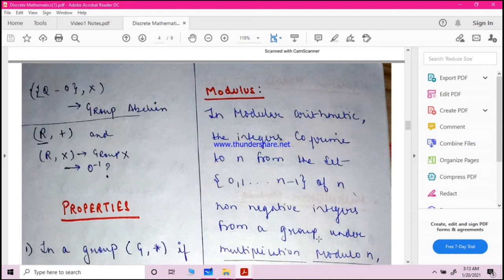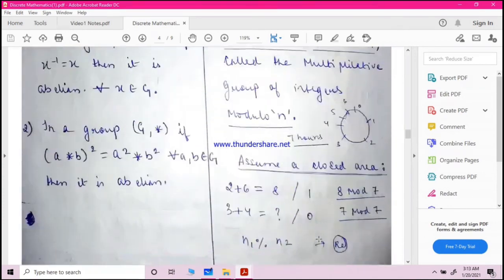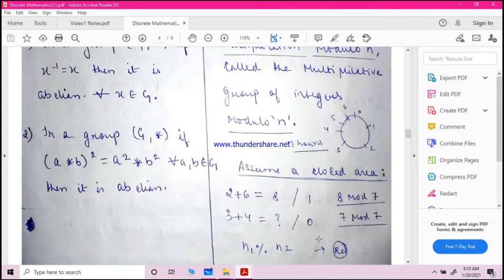Assume there is a closed area. Suppose you are having a closed area. Why we calculate the modulus, that is what we are trying to prove here. Suppose I am having a 7-hour clock. Assume a closed area, or a bounded buffer, or a closed clock, meaning